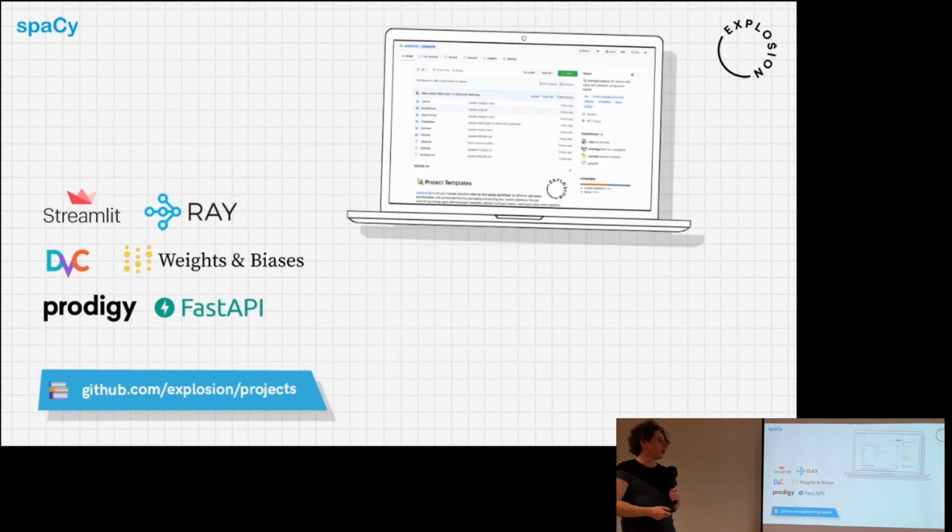So overall, in addition to the actual project templates, we've been trying to make sure that we have good integrations with a wider ecosystem of things. So that we can basically help the spaCy community do these things in a standard way, and that it's easy to integrate with other remote tools and services. So we have a nice integration with Streamlit that's been built. We've been working with the Ray team to use Ray for parallel processing and basically remote computing in general. So the parallel training features there I think will be quite exciting.